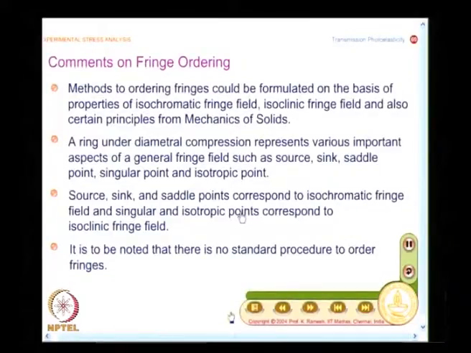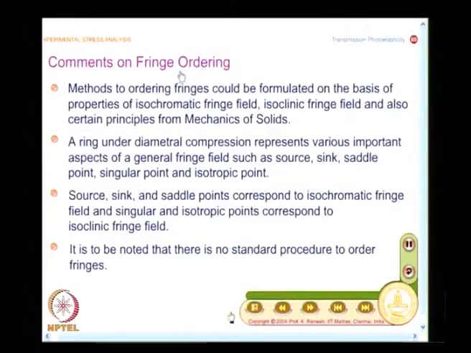If you look at photoelasticity, the arithmetic involved is very, very simple. For you to find out the stresses, the arithmetic is simple, but for you to get the stresses, you need f_sigma and you need fringe order. And now, we take up how to label the fringes. One of the important aspects in any of the optical techniques is to find out how to label the fringe orders.